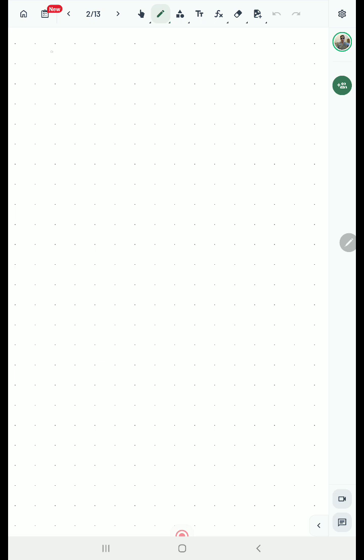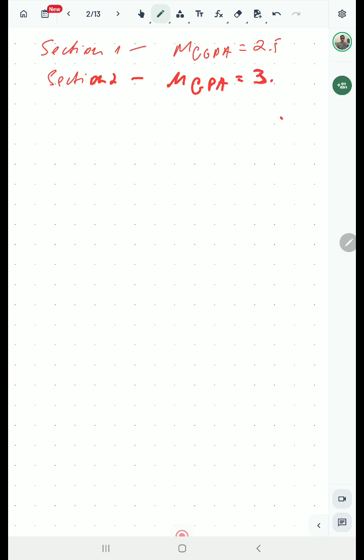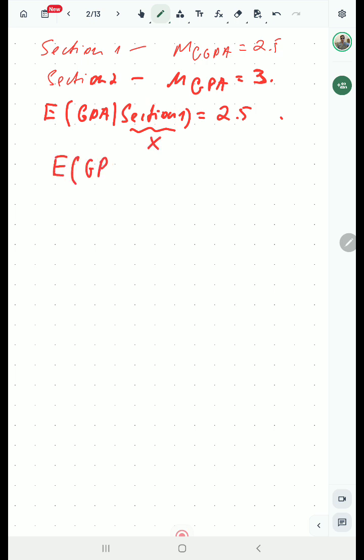Suppose I'm teaching two sections. In section 1, I'm teaching students whose mean CGPA is equal to 2.5, and in section 2 the mean CGPA of students is equal to 3, for example. And suppose that the GPAs are uniformly distributed in both classes. How can I put it in a mathematical way? The expectation of GPA given section 1 is equal to 2.5, and the expectation of GPA given section 2